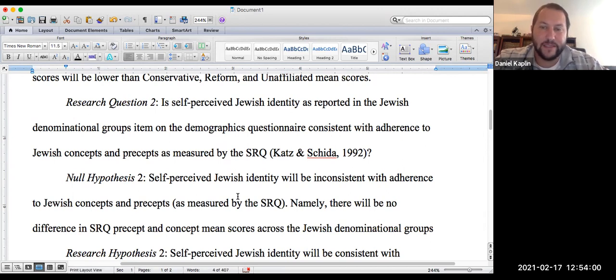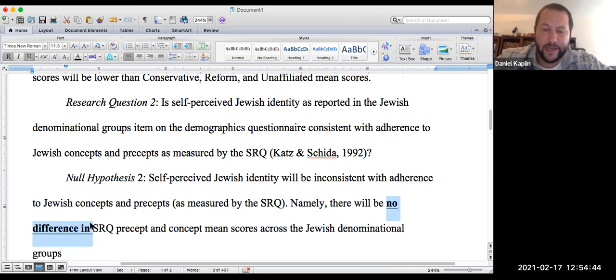So the null hypothesis: self-perceived Jewish identity will be inconsistent with adherence to Jewish concepts and precepts. If there's no linkage, then you expect there to be people who say I'm Orthodox but aren't, right? So you expect there to be error. So namely, there will be no difference in SRQ precept and concept scores across the Jewish denominational groups. So the mean scores would not differ significantly, right? So again, the null hypothesis, you're seeing the emphasis,